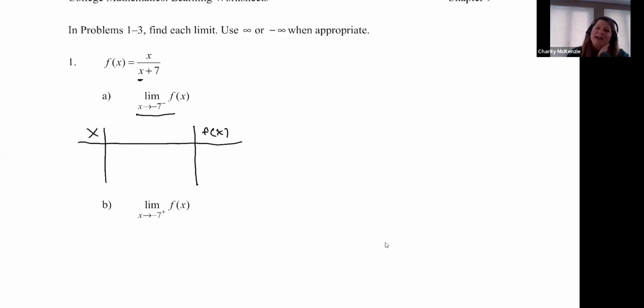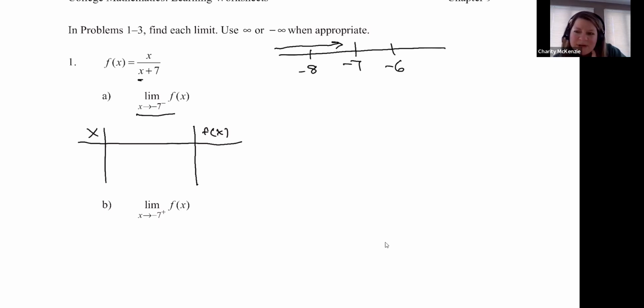What if I just put in some values close to that -7? So if I think about -7 is right here, right in front of it's -6, right below it's -8. And I want to come in from the left side close to -7. So what number is really close to -7 from that left side would be